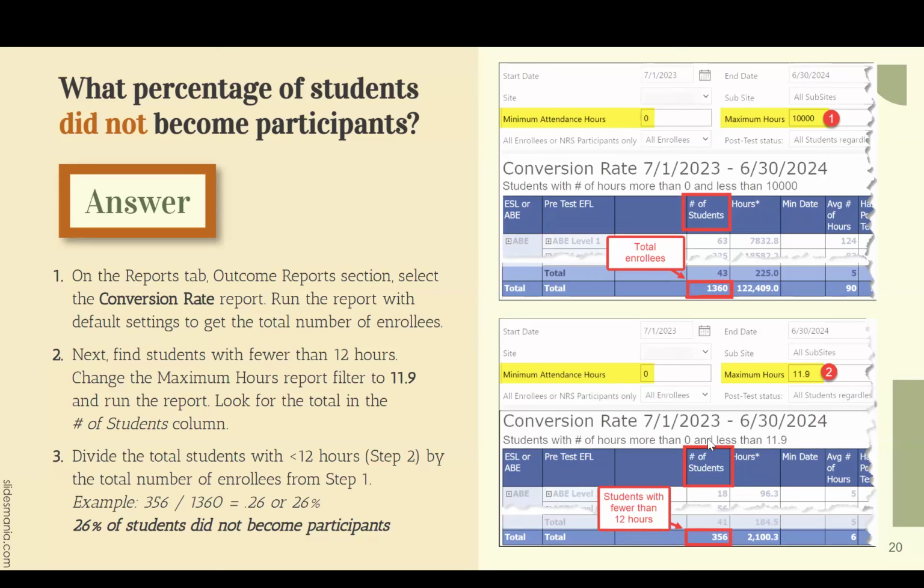But you could just play around with it and look at what options exist. You could look at just the post-test students, etc. If you just want to look at students who have 40 or more hours, you can do that on table A, but that doesn't have level gains. So this one has level gains. You could put in that you just want to look at students who have 40 or more hours and see if they have better results than your whole group, that kind of thing. I think Mary just linked to a conversion rate report help article.